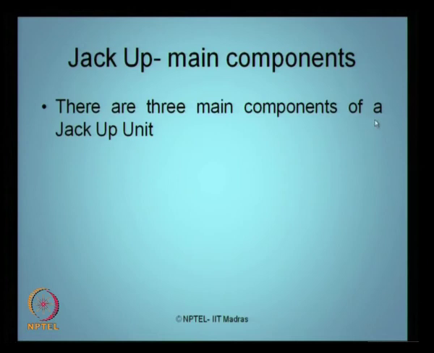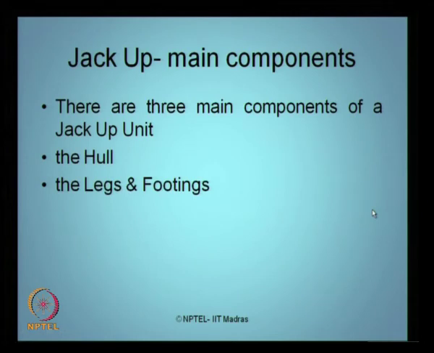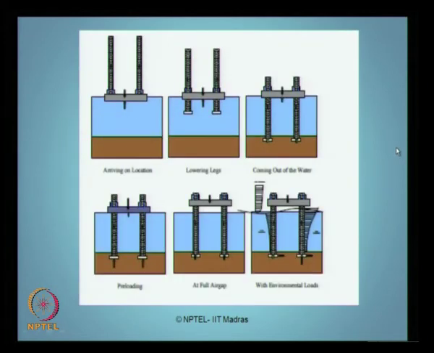There are three main components of a jack-up unit, namely the hull, the legs and the footing, and then the equipment. Of course, we have seen a detailed photograph and view of a hull and the equipment, and of course the lattice leg towers. We will focus on the footing design of it. Before that, let us see what are the operational characteristics of a jack-up rig. When a jack-up rig is floated to site, which is equivalent to a moving barge, the deck is located at the bottom, which floats, which is actually towed, with the legs all kept in the upside position.